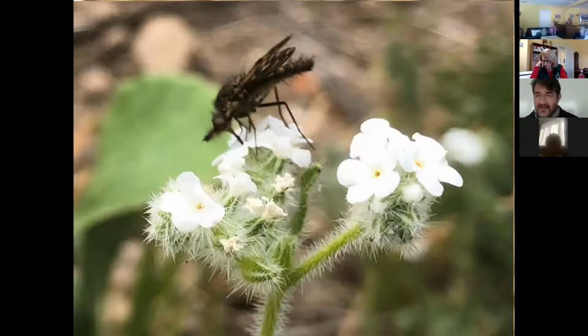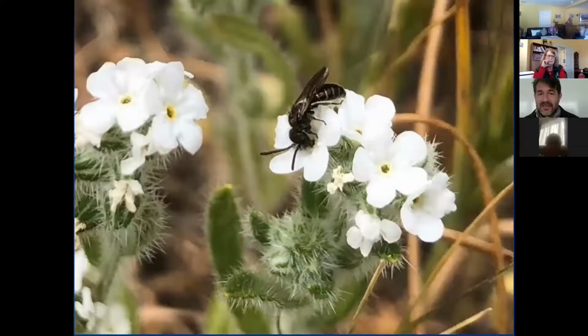And so this is where this fly has evolved over time a very long, narrow mouth part to be able to keep reaching the nectaries that may be getting deeper and deeper as the plants evolve and change. But that will not exclude some of the other animals like this native bee that is not able to get the nectar, but if the stamens are in close proximity, they can still take the pollen with them. Maybe they'll bring pollination, but their reward is not going to be pollen and nectar, it's just going to